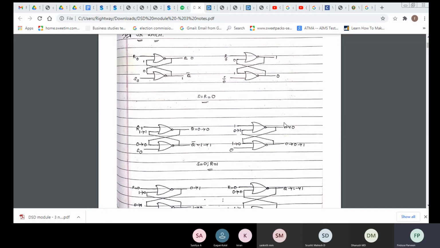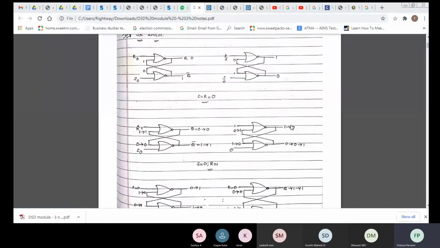Okay. So as it is changing here, what we will do? We will take this 0 again here. Now what happens? This is 0 and this is 0. So 0, 0 means what you'll be getting for a NOR gate? It is equal to 1. So that is equal to 1 here. So this 1 again will come here. So this is 1 and this is 1. What happens? Again it remains the same, that is 0 itself.